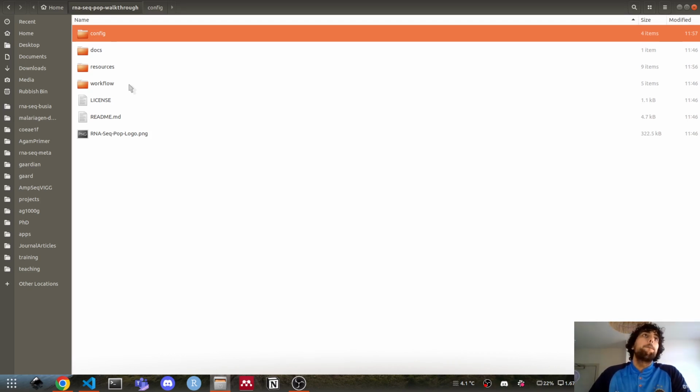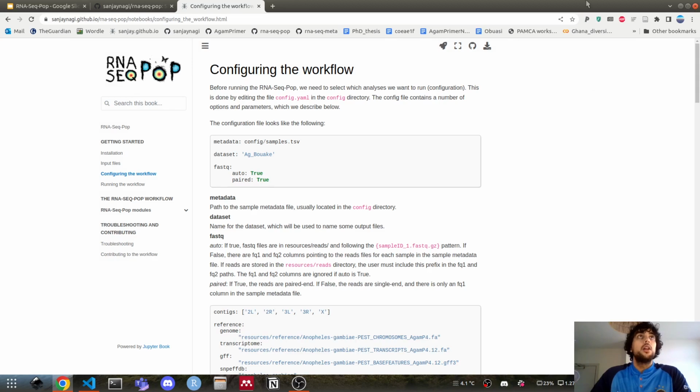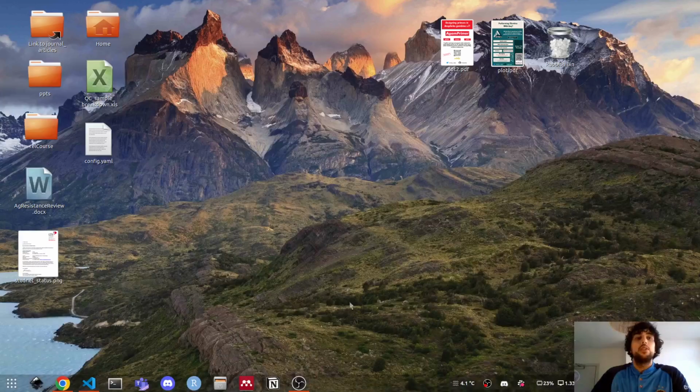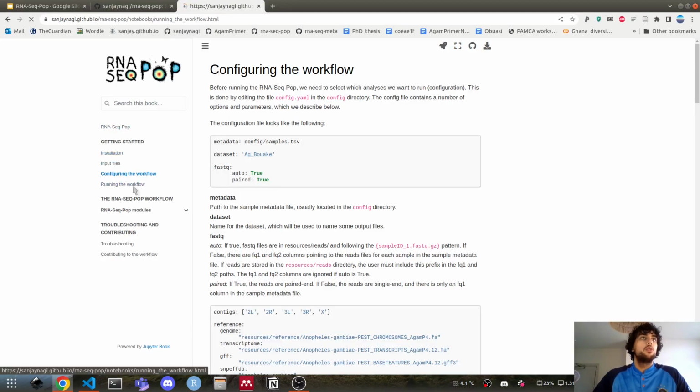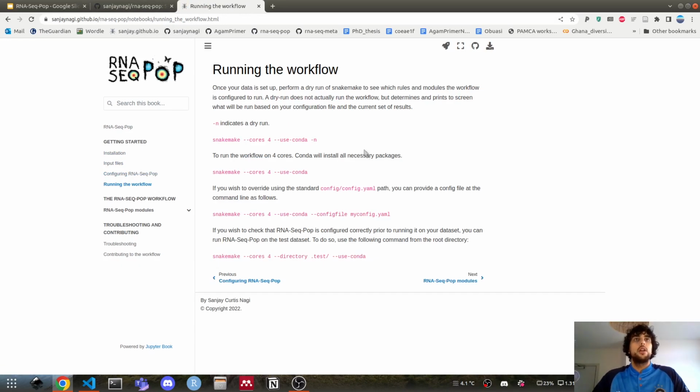And within that, there will be various different folders, one for QC, for example, one for differential gene expression at the gene level, at the isoform level, one for variant calling and variant analysis. So that all looks good to me. I'm going to try and run the workflow now and see what happens. So if we go to the documentation, we go to running the workflow, it should give us a nice example command that we can use.